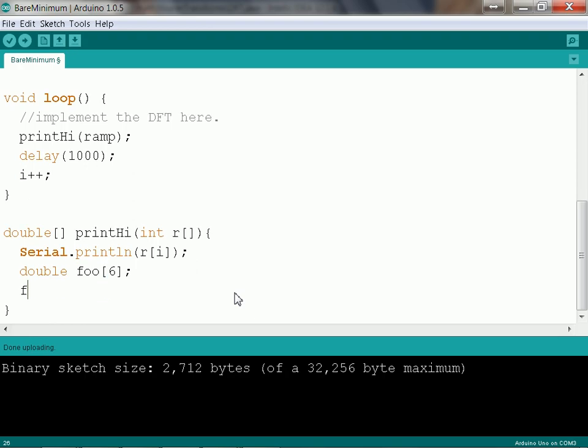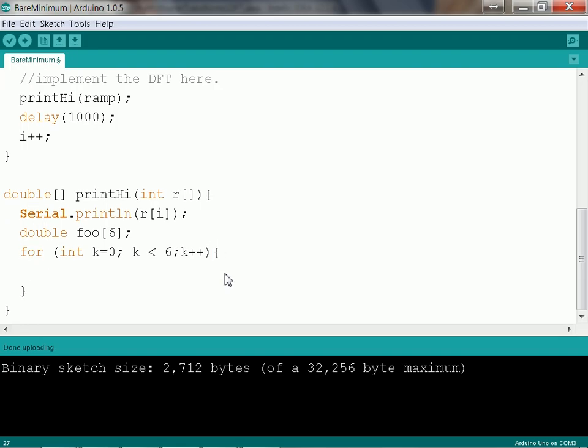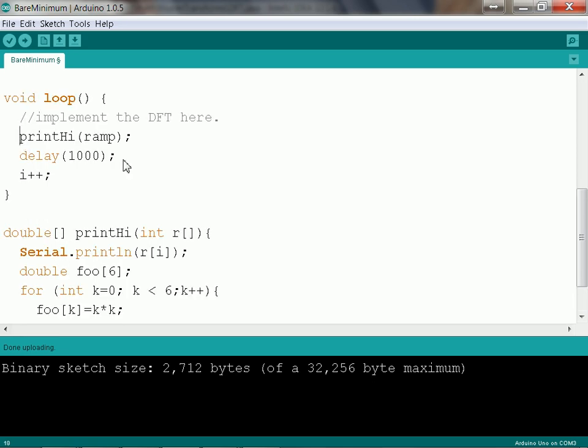And now I'll make a little for loop: for integer k equals 0 while k is less than 6, k plus plus, and then foo of k equals k times k. And then at the end of the day, we return foo. So it's just like Java. And then when foo comes back from an invocation to print high,